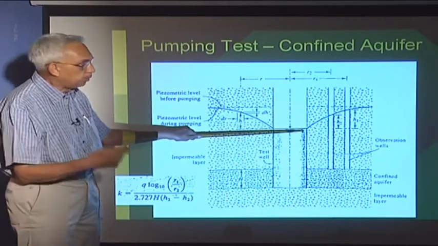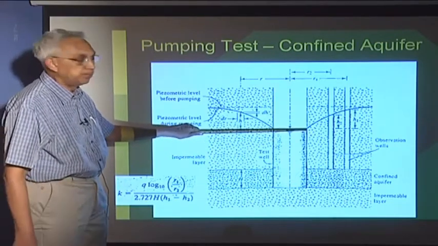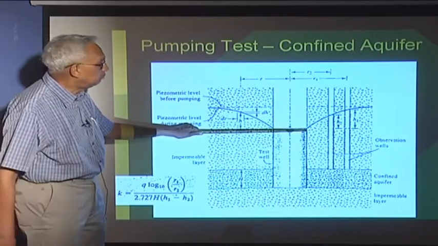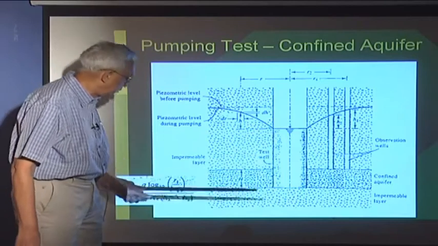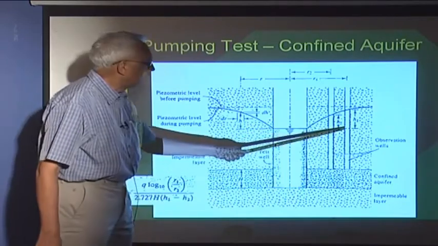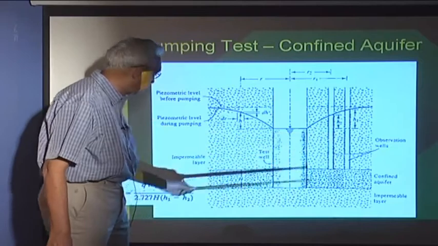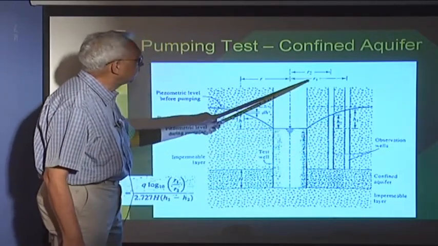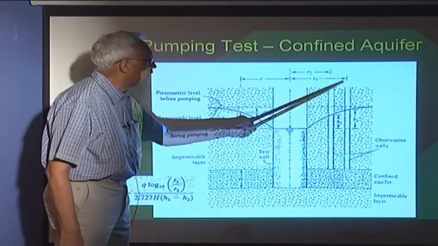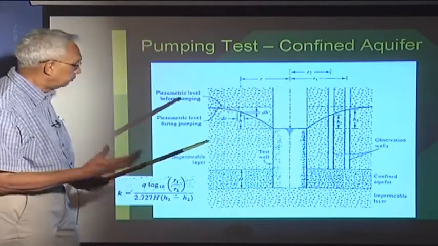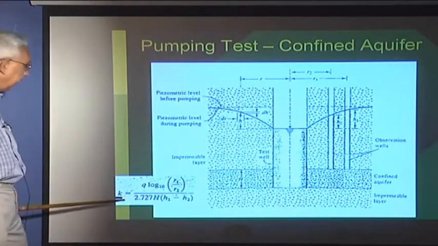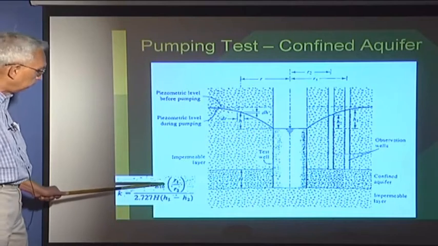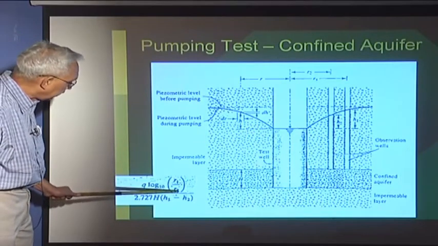Then I keep pumping. At a certain stage, the water level here becomes constant. So using this principle, we call this a steady pumping test. All that we need to measure is the water level at any distance, at two points, h1 and h2. They are at a distance from the center of r1 and r2. Using a simple hydraulic equation, I can calculate permeability as Q times log to the base 10 r1 by r2